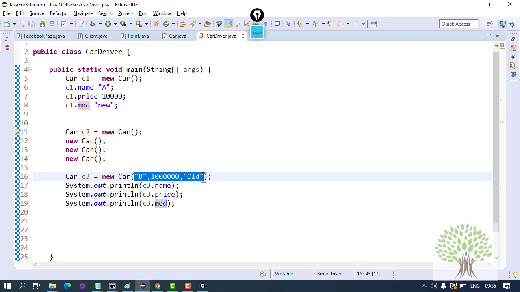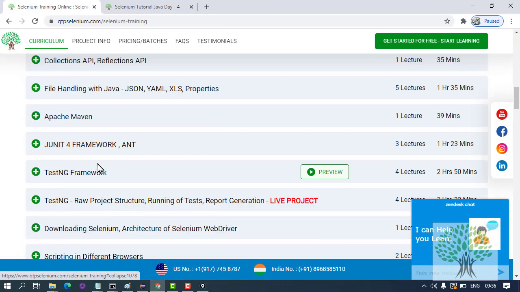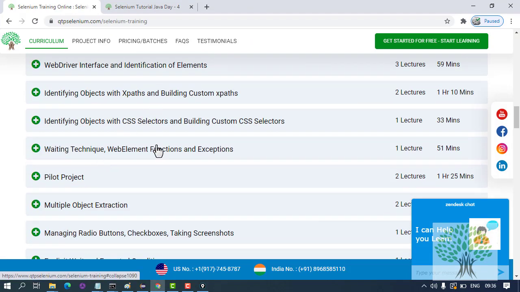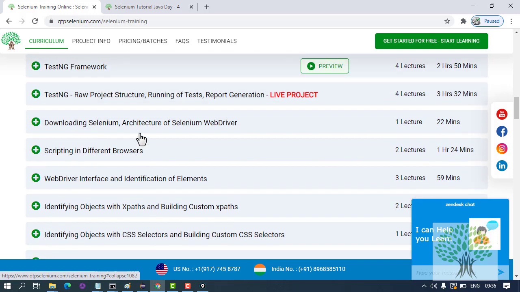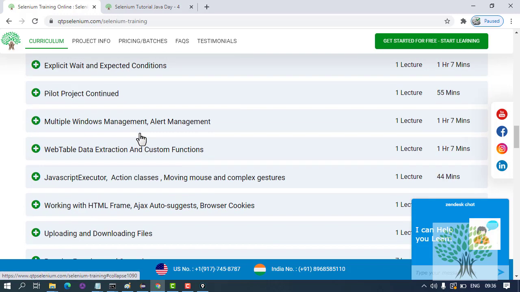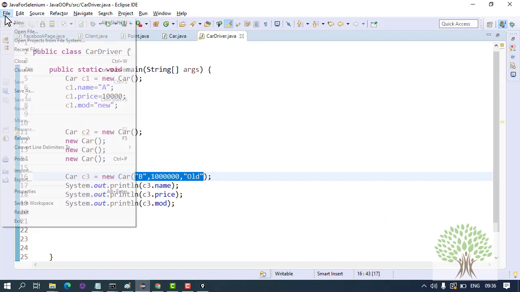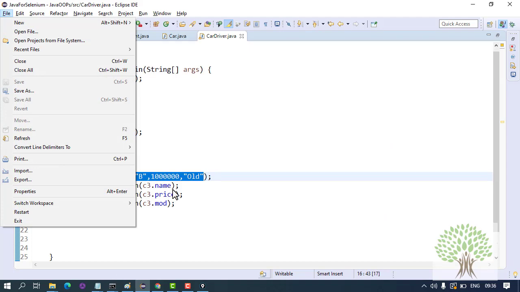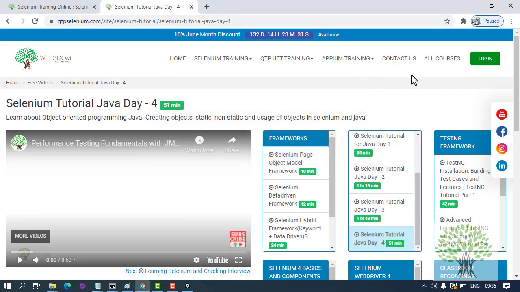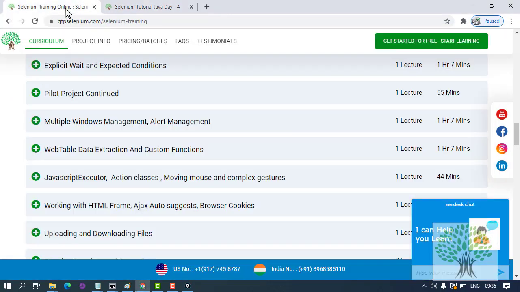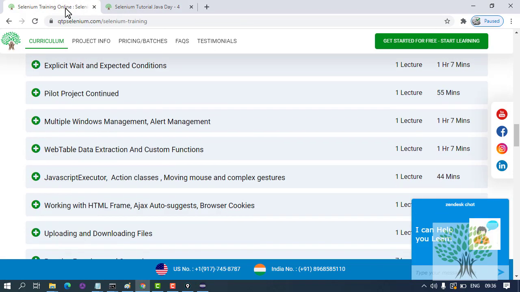Object creation will be used a lot in Selenium. When we do the course, later on when we start Selenium, everything over here will be done through object creation. That's why I told you that this is the most important module in the entire training. For example, I'll just show you one workspace. Hold on. Gradually, as we proceed with the training, you will get more confidence in Java and in Selenium.